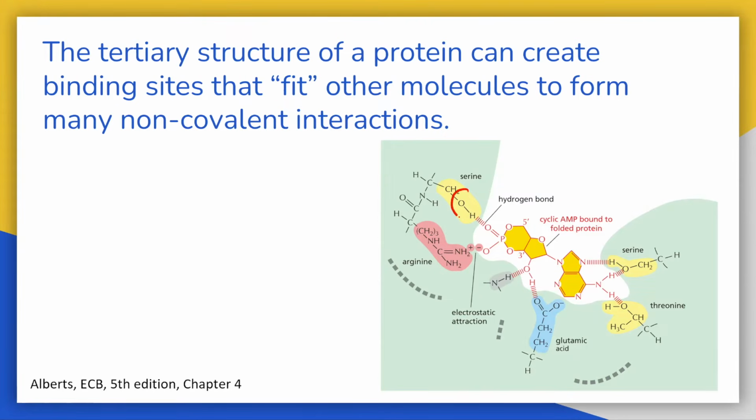The hydroxyl group here on the serine has a partial positive charge that can interact with the partial negative charge coming off of the phosphate of that cyclic AMP in the middle of the picture. This arginine has a positively charged amine group, which can interact in an ionic interaction with the negatively charged phosphate coming from that cyclic AMP. Glutamic acid is making hydrogen bonds over here. And the serine is again making hydrogen bonds now between this amine coming from the cyclic AMP and the hydrogen